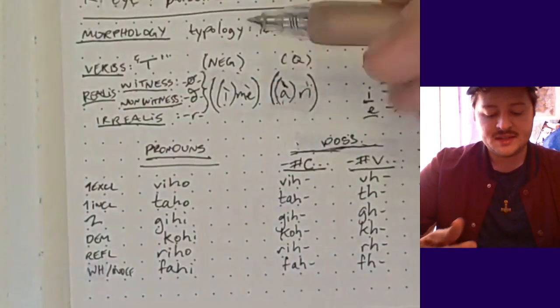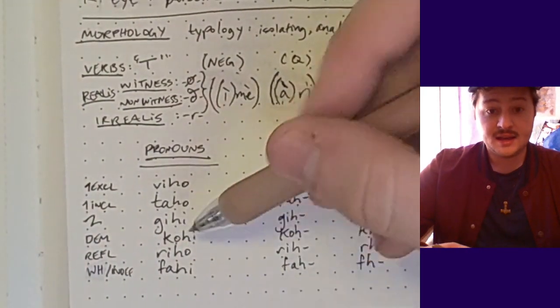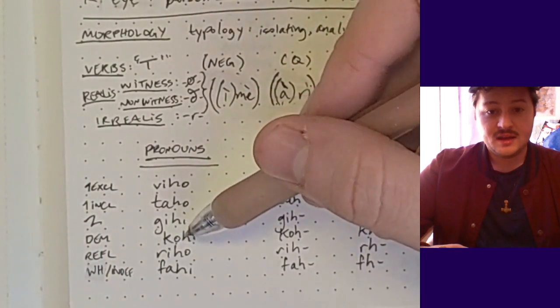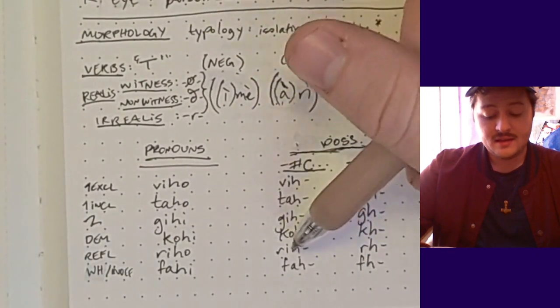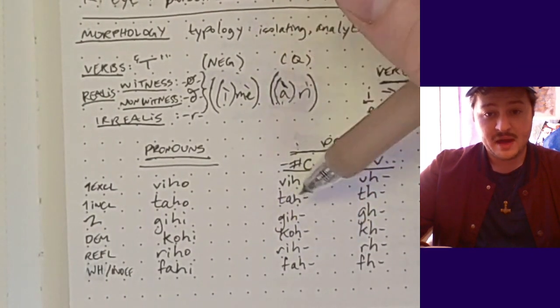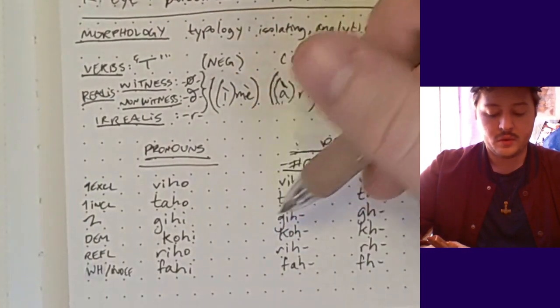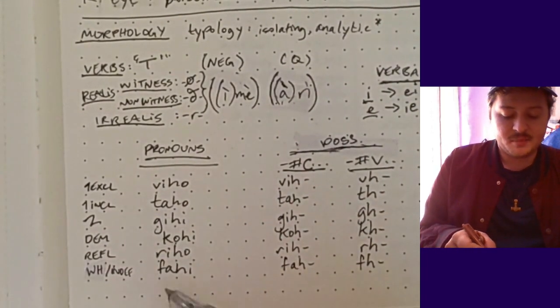That's a little ambiguous in English, but in this language it will not be ambiguous, because if it's he gave him his own backpack, then it would be koi to the other koi, and then it would be ri backpack. Whereas if it's he gave him his other backpack, it would be koi ko. And I will explain these possessives in just a second, but I also want to get to the